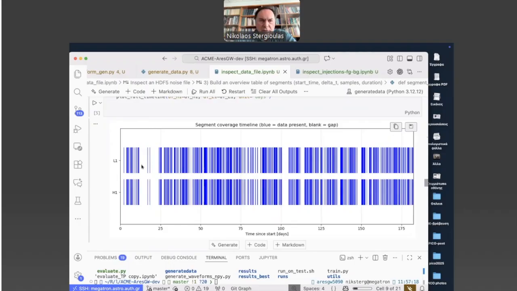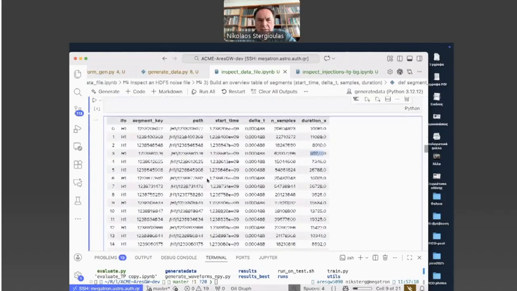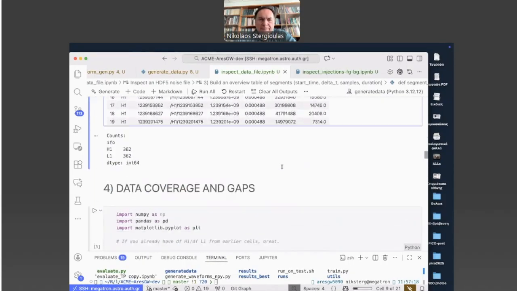Wherever you see blank space, it means either only one of the detectors was working or neither of them. But the blue ones are exactly the time periods where both of them were working, and the data segments are exactly the ones that are contained in this large data file.